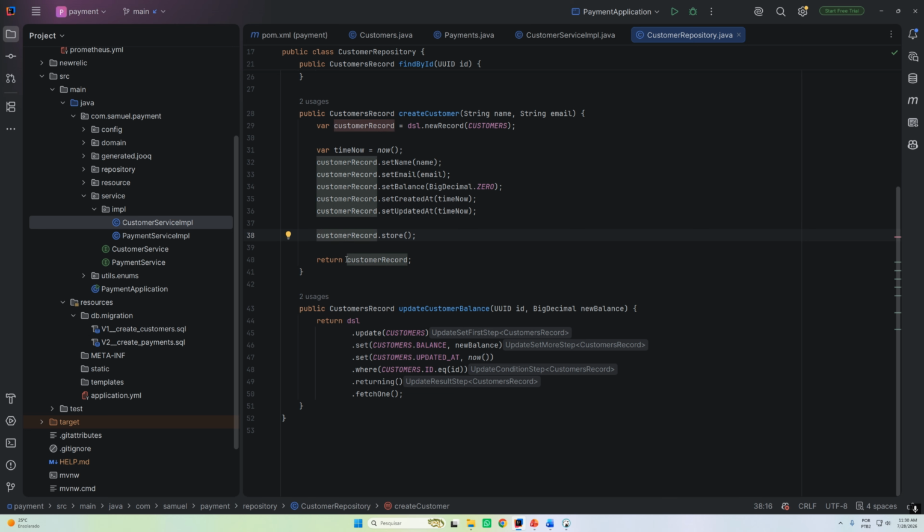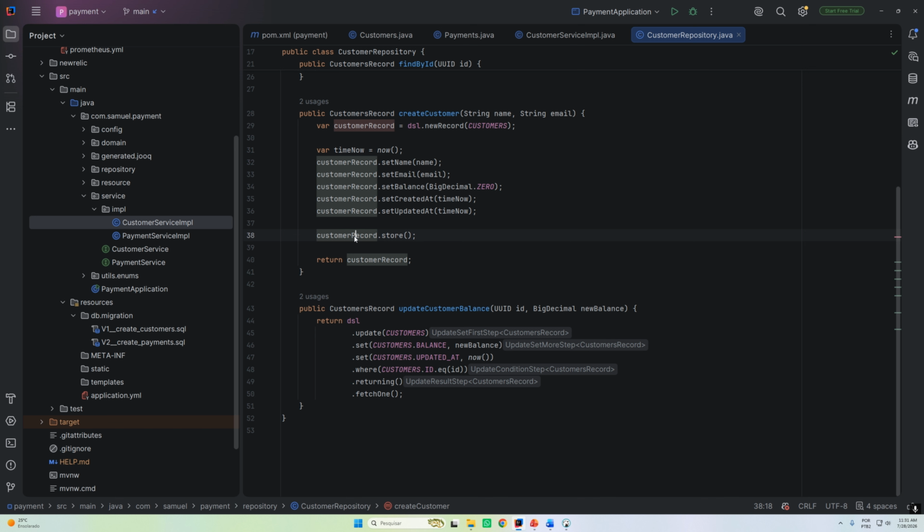And after that, I return my new customer. In this situation I don't need to receive the new customer in a new variable. Usually that would be what we think about: I create the customer and put it in a new variable, but that's not the case. I can use the customer record because when we store the customer, this variable is already updated with the new